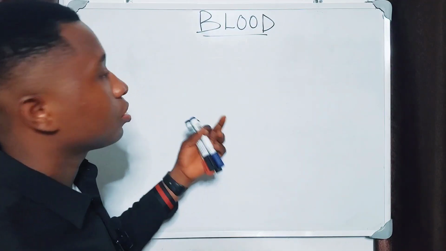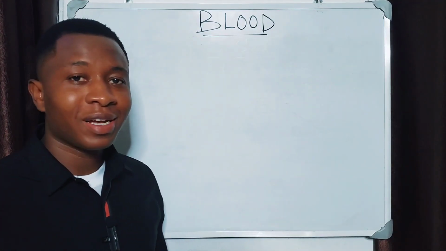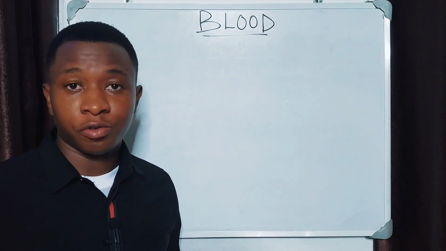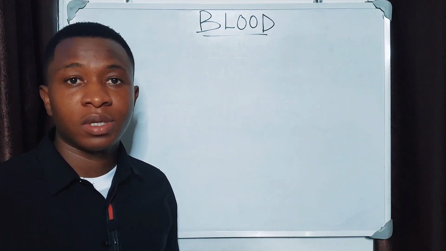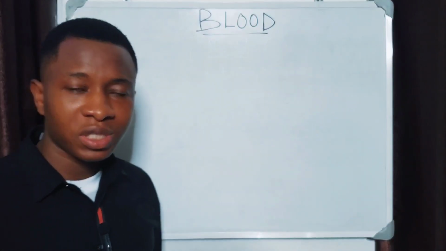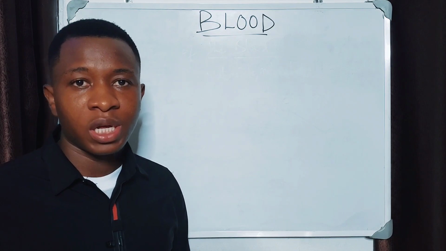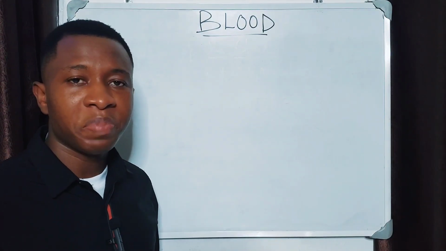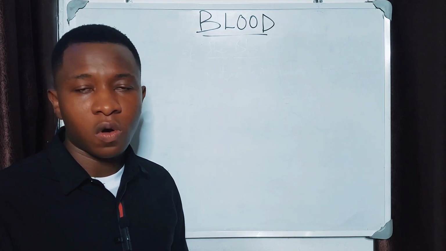In this video, I'll be talking about the blood. Now, in clear terms, the blood is just a transport medium. Just like other types of transport medium, the cytoplasm, the cell sap, the lymph, the blood also is an important transport medium. It is complex and also important. It forms the basic part of every living organism.